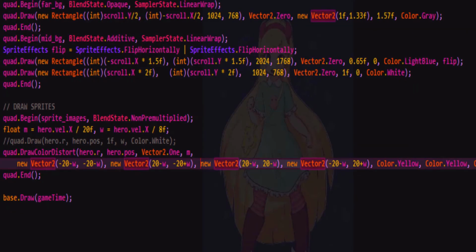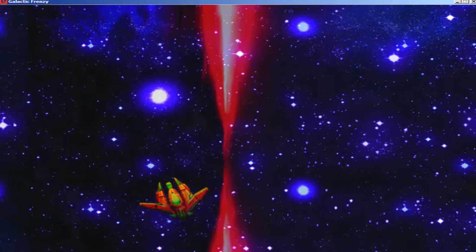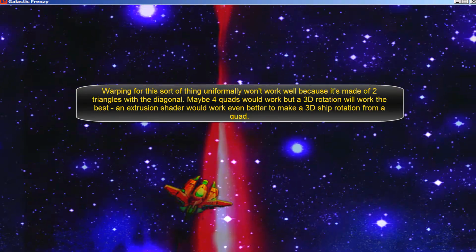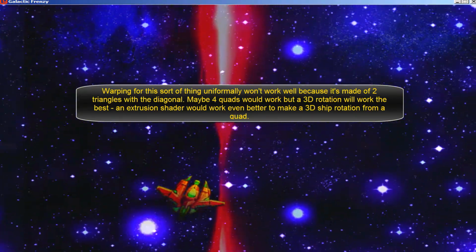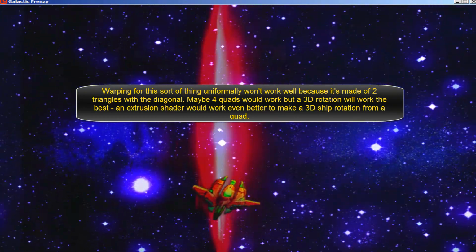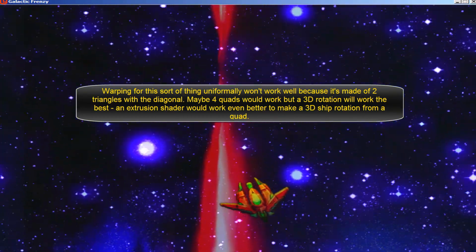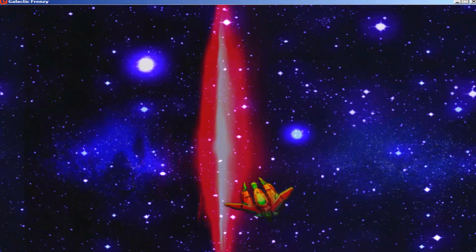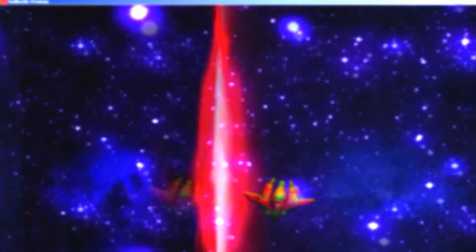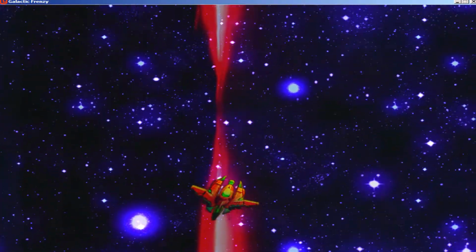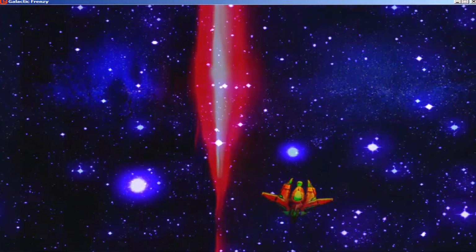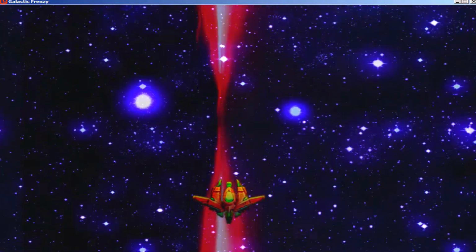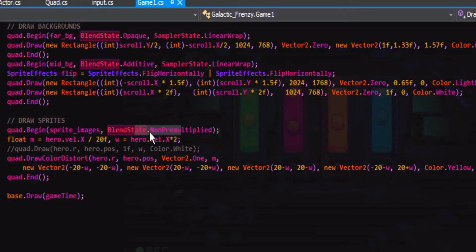It's not doing anything. Let me think about this for a second. Okay, so it's warping it now. And I just had to increase the strength of W. So it distorts it, but because of the shape of the ship, it's not going to give it that proper look like it's being rotated in 3D for when it banks to turn. I would say the distortion thing would be more useful if an enemy is getting hit and you want it to really exaggerate how it looks, or if you just wanted to make trees blow in the wind or something like that. So yeah, I multiplied it by 2 here.